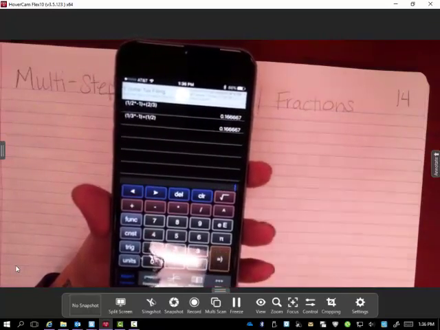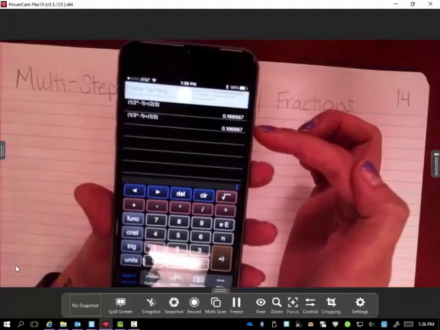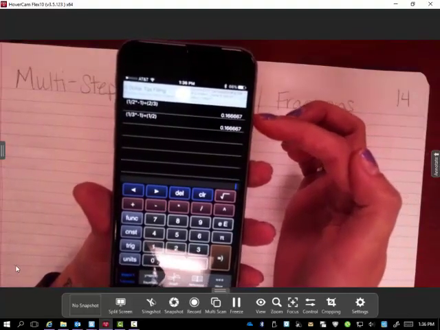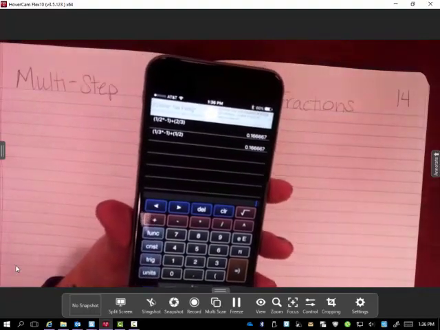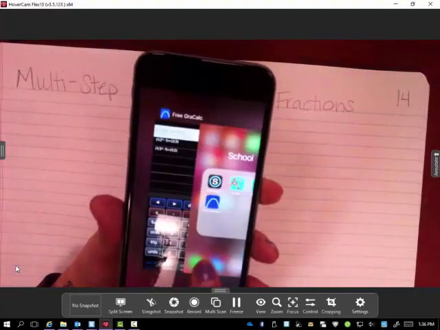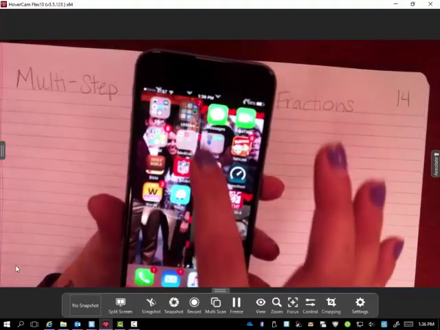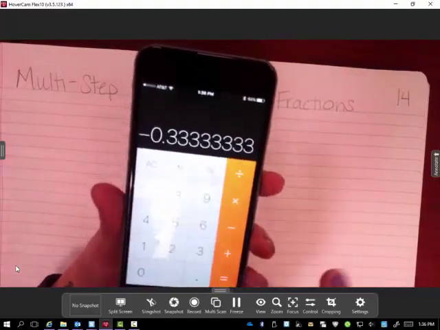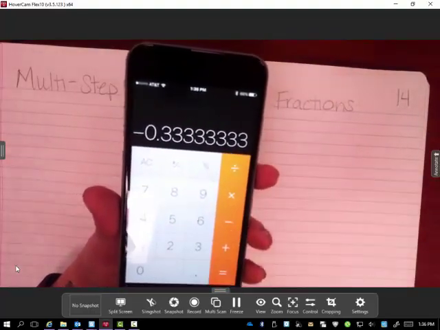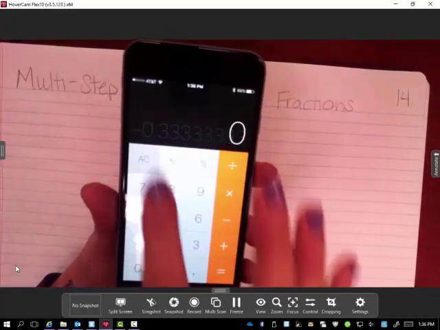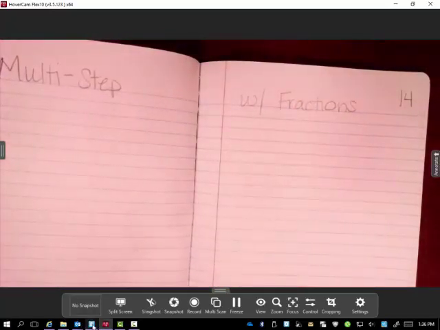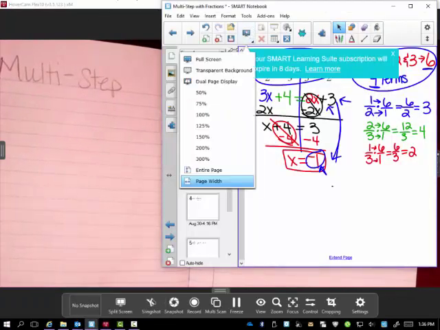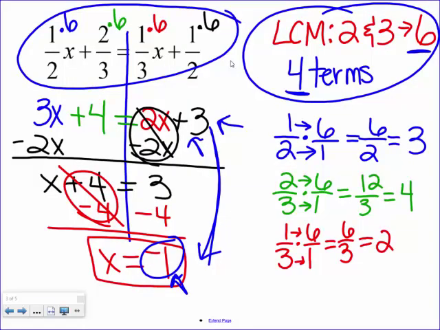Close parentheses, equals, and it gives me the same thing, which tells me that I did it right. Okay, now if you don't have an iPhone but you have a calculator, you can do the same thing just like on your regular calculator. It's not as easy because you probably can't type all of it in at once, but I did it earlier today just to see what it looked like, and when I checked it, I got